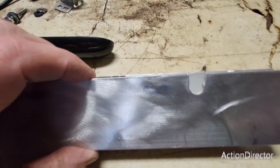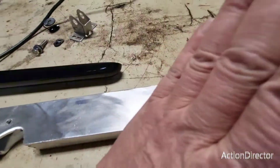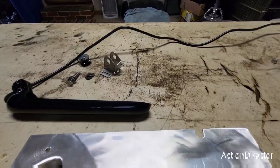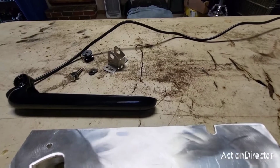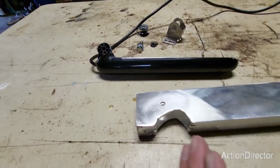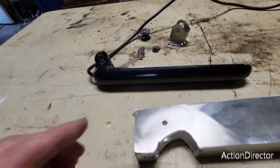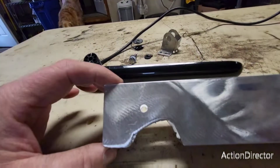transducer landed. This notch right here is notched for the cord to lay across in the channel and come out, go over the trolling motor, and then find its way right up the stem. And then up front here, you'll see that I've massaged this out. I used a cutoff wheel to notch it. Then I chipped out the pieces, and then I used a flap disc on the same grinder to create the